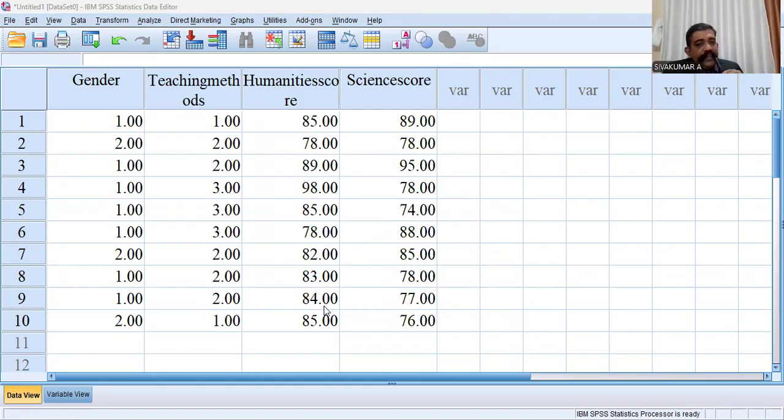I may share the screen to you. The most important one is the multivariate test. That is the most important table. Result screen to you. Okay, this is the result screen. I think it is visible before you.